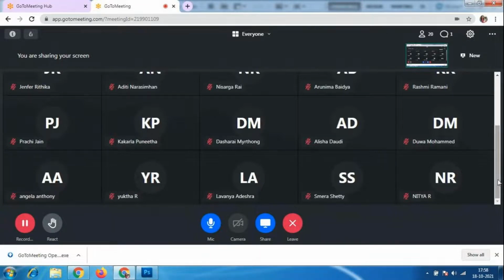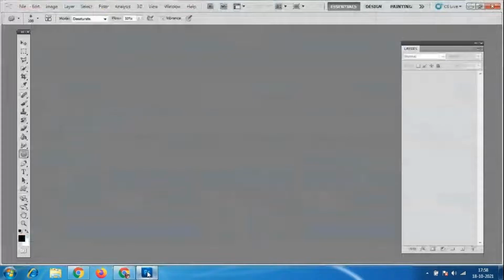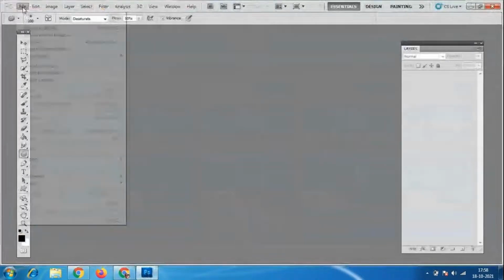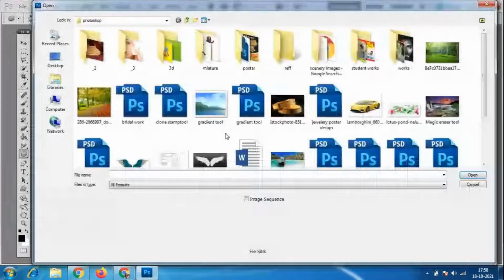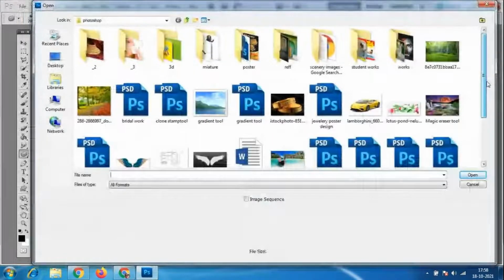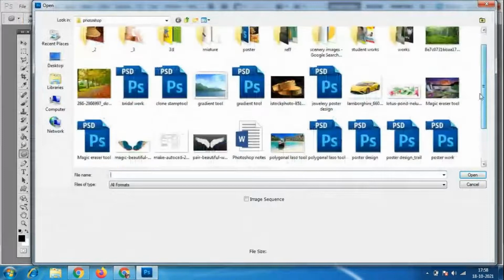Okay, we'll go to the Photoshop software. Anybody having any difficulties with the reflections, please let me know. I'll explain once again.